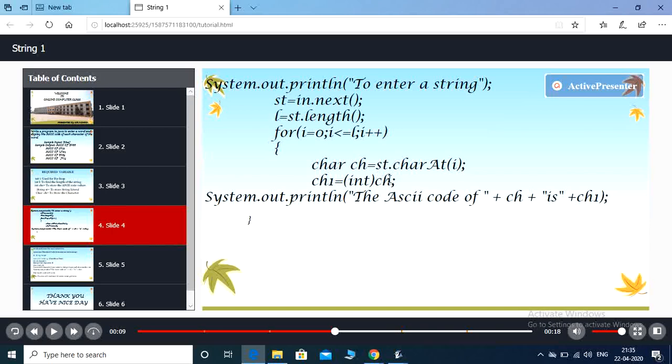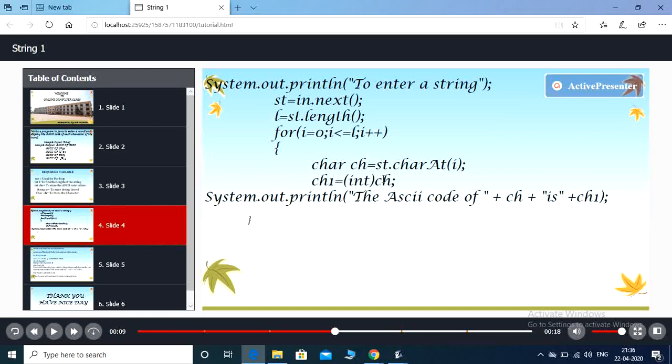Next we are converting this character to an ASCII code value. So changing the character to an integer type variable, that's stored under ch1. Now System.out.println, ASCII code value of plus ch. The first character is B, B's ASCII code value is 66. Now it goes to the update expression, i value increments by 1. So i value 1, 1 less than 5, condition true. Again it extracted character L.